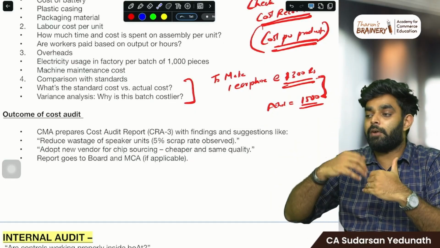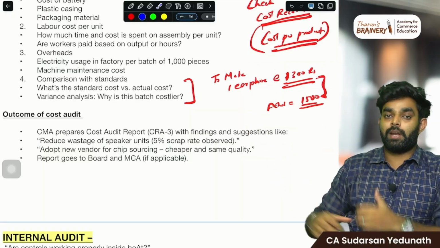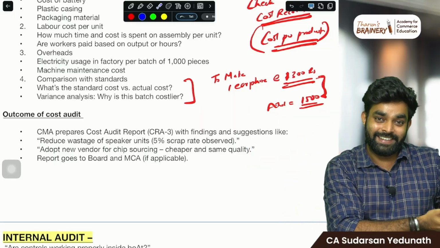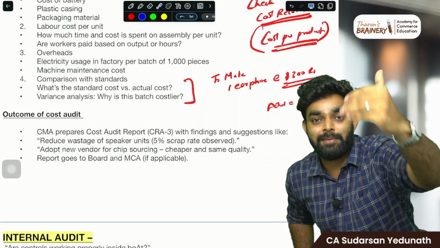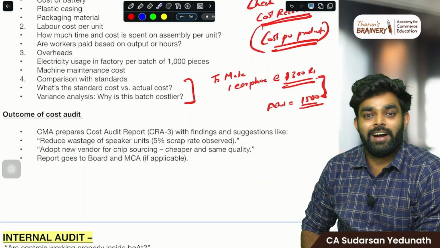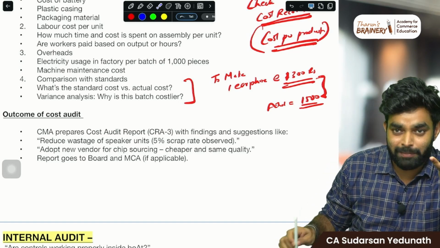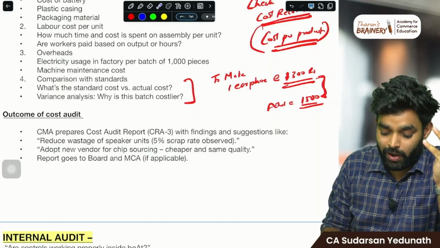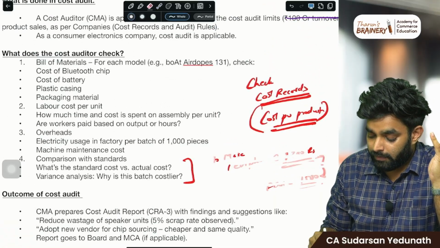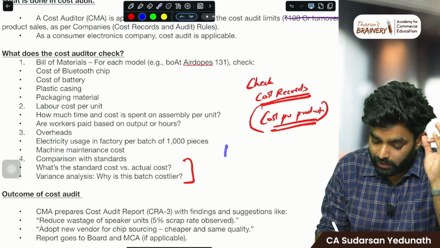So what will happen? India will put some sanction on China, or India will increase the import duty from China. If we are importing something, we'll have to pay more duty. And who is affected? Boat is getting affected. So same product, same quantity, when they are importing, different prices are coming in. Aman Gupta has said something related to this. I have heard this. So as an auditor, when we are looking at the cost records, we may see one